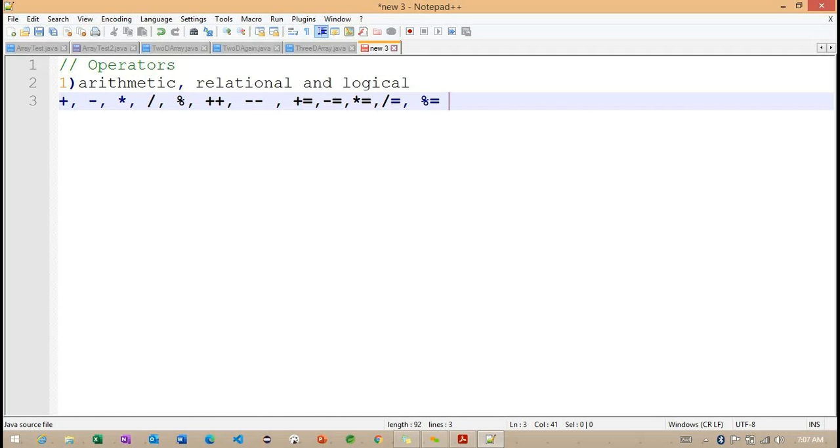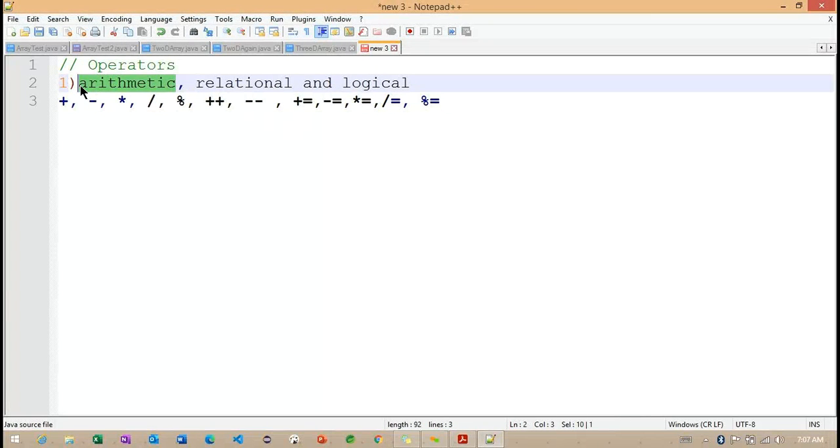So with this simple example, we need to focus on the numeric data types. We cannot work with the Boolean data type here.